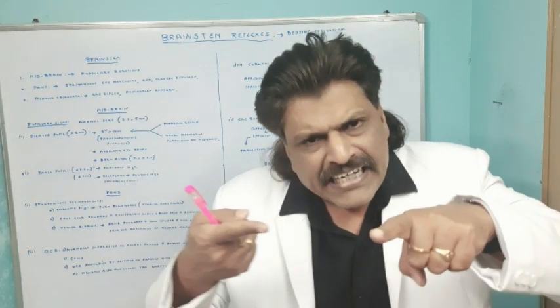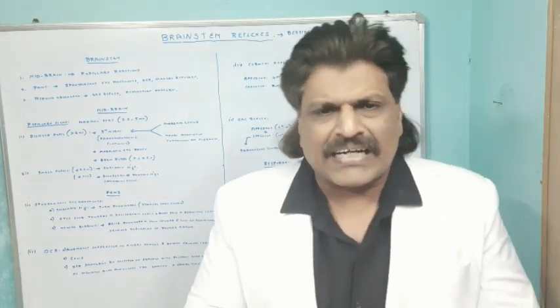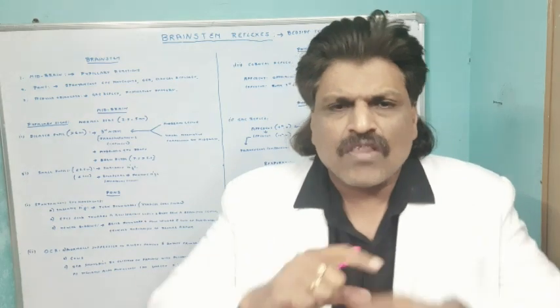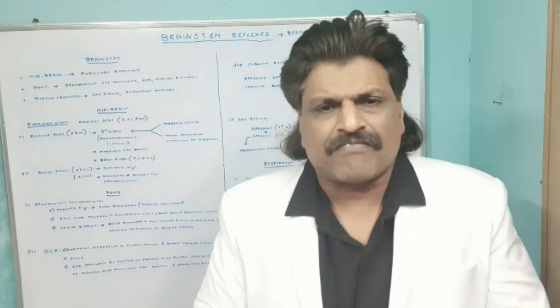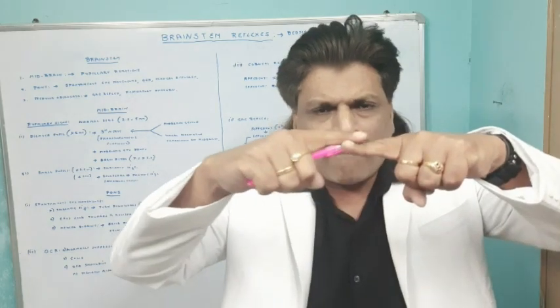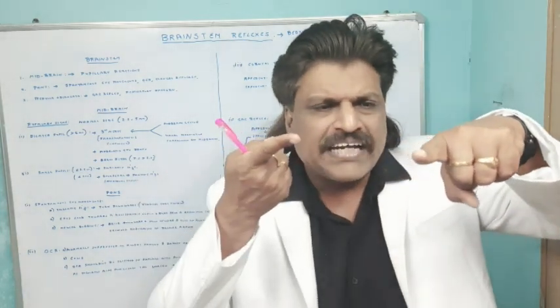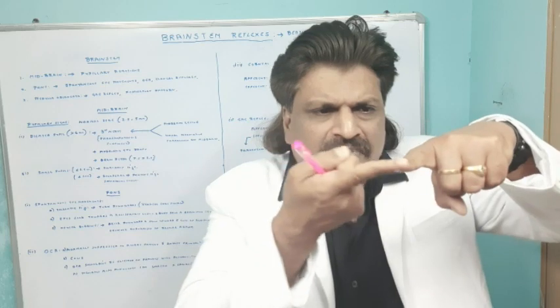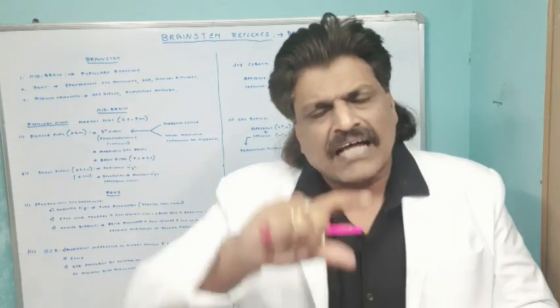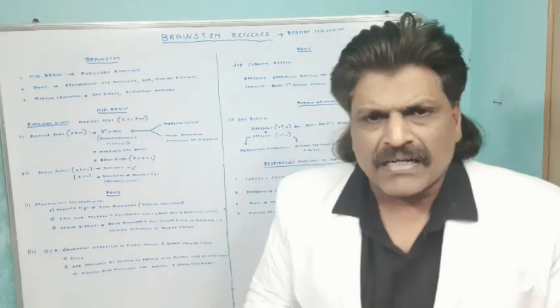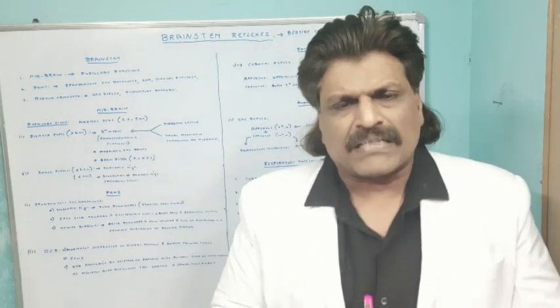If it is an intrinsic lesion of the third nerve like diabetic third nerve palsy, the pupillary fibers are the last to get affected, or sometimes it may not get affected because they are placed superficially on the third nerve, whereas an intrinsic diabetic third nerve palsy will affect the central part of the third nerve and therefore spares the superficial part of the third nerve, that is the parasympathetic fibers.